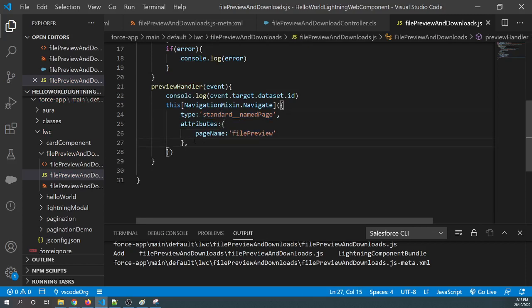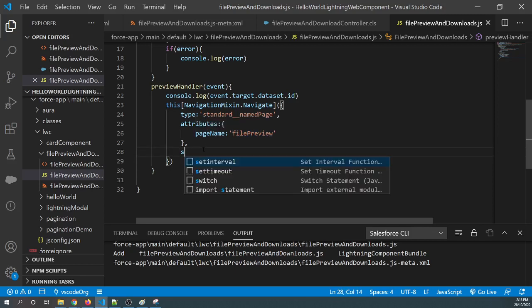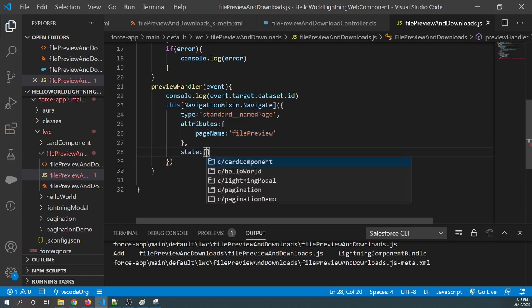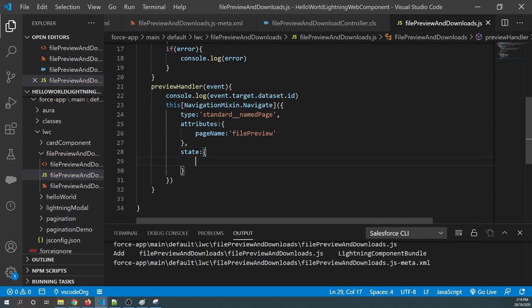And after that, what ID or what file you want to see, we have to pass some ID to the file preview page so that this page knows which file it has to load, right? So after that we need to call the state property, and this state property will take selectedRecordId as a key, and the value is the same thing that we are receiving on click.